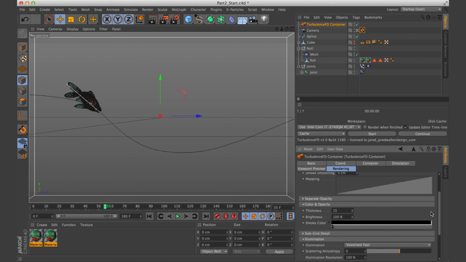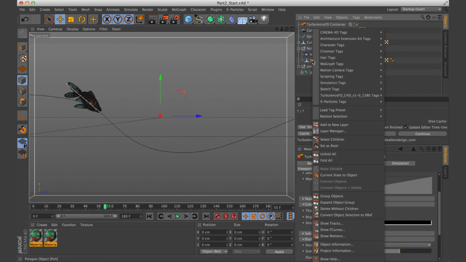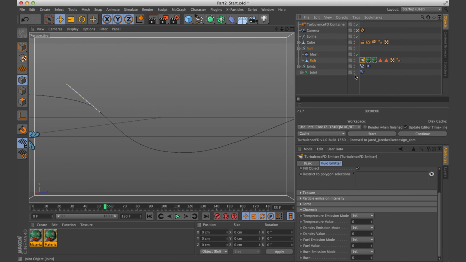Now that we've set up our container, we're going to make an emitter. And we're going to want to emit the ink or the smoke from the fish. And so if we go to fish and right click on it and go down to Turbulence FD, there's a Turbulence FD emitter tag, and put that on the fish.